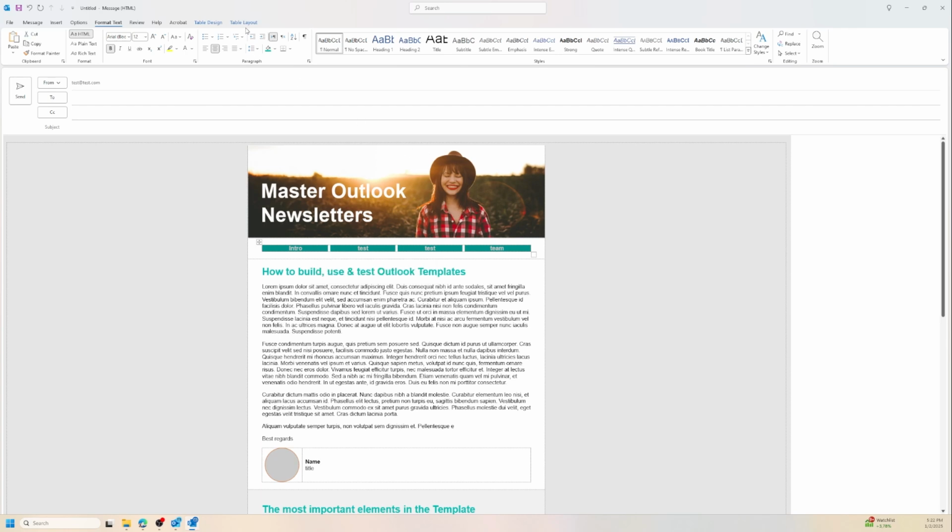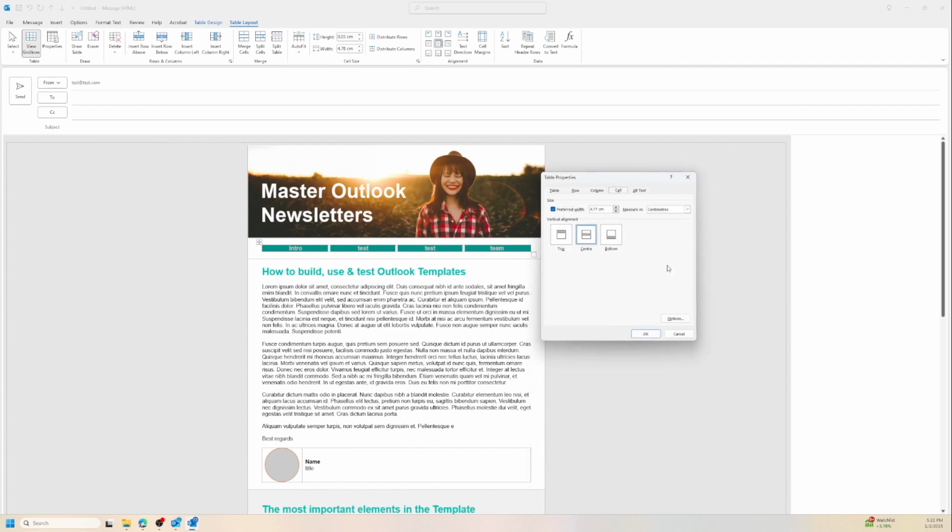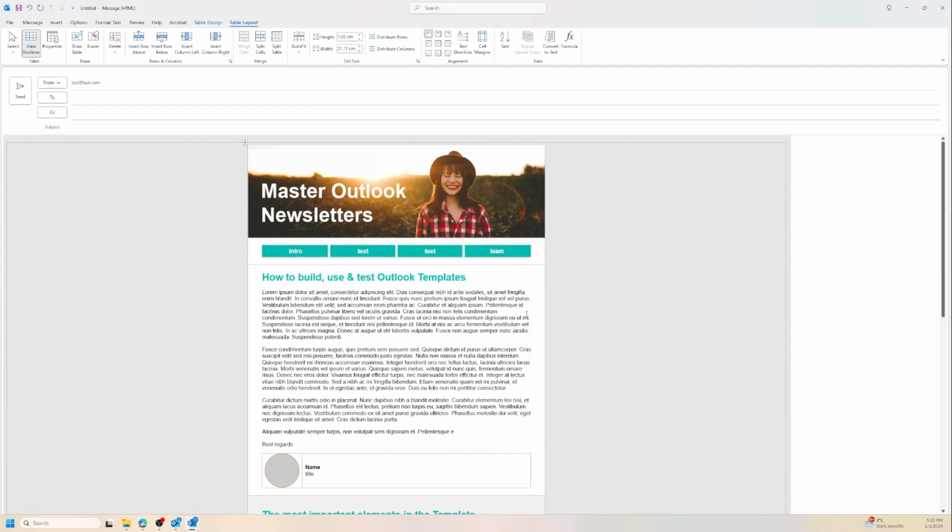Let me go back again to table layout properties, and let's go to cell and go to options. First, we need to uncheck this option, same as the whole table. We need to make it different from the whole table. You can leave these, or you can also make it 2, and as you see, now it looks way better. Let's remove the grid line, and now it looks good,